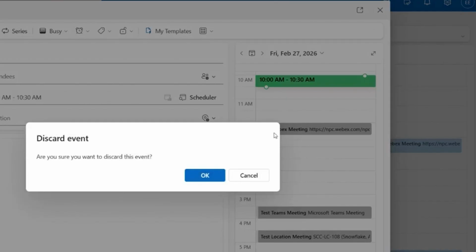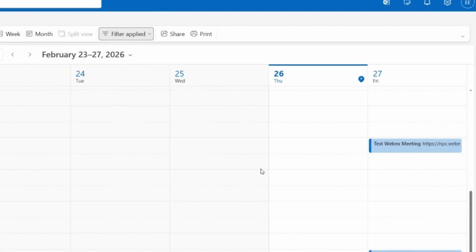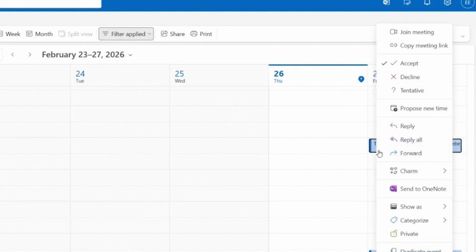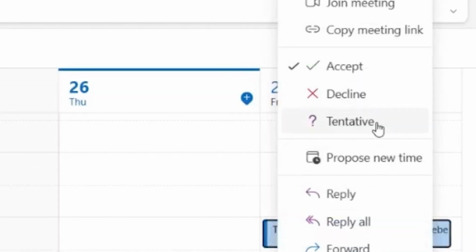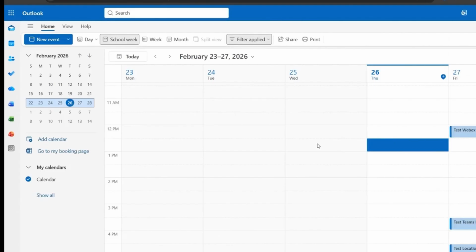If you ever want to change your RSVP status to a meeting, you can right-click on it and go to decline or tentative or even propose a new time. And that's the Outlook core workflow: